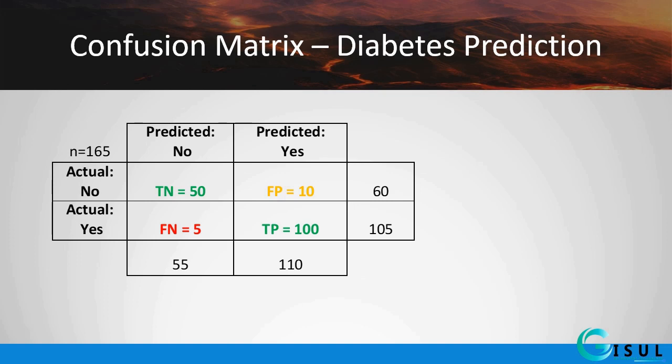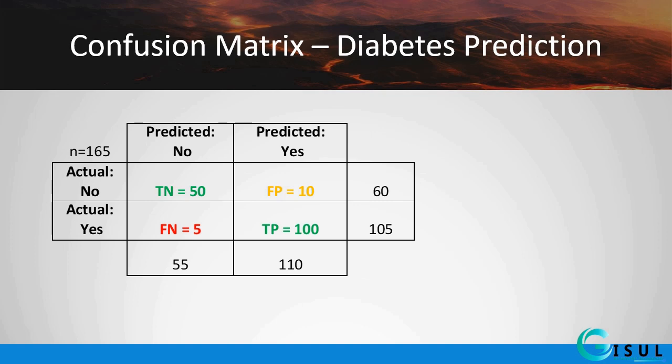You can think of it as a tally of the two types of correct predictions that the classifier can make, as well as a tally of the two types of incorrect predictions it can make. Thus, every observation in the testing set is represented in exactly one box of the confusion matrix. The total number of observations represented in this matrix is 165.